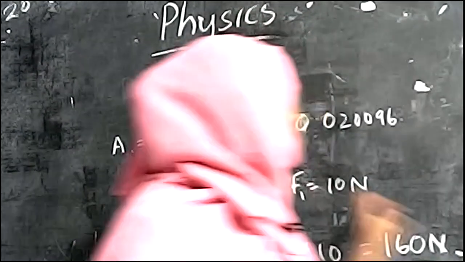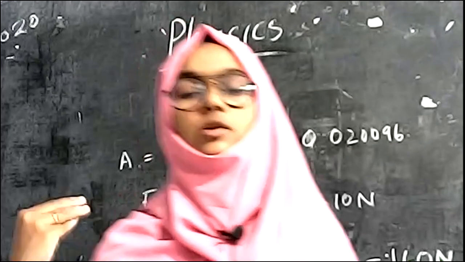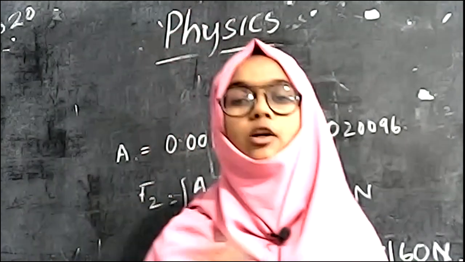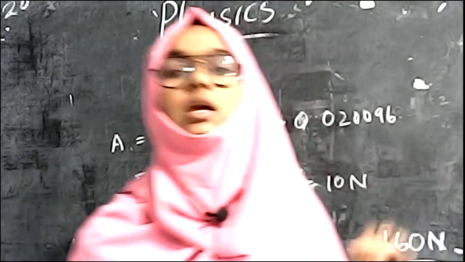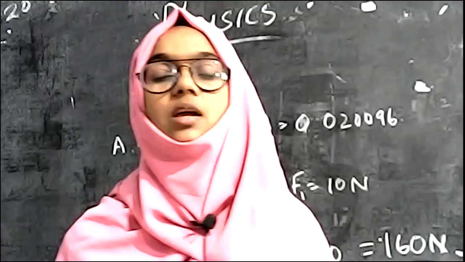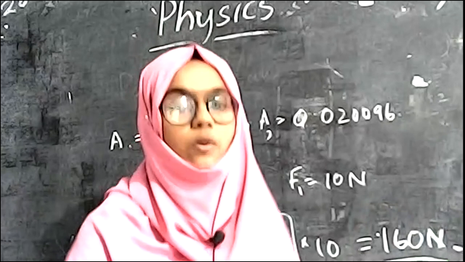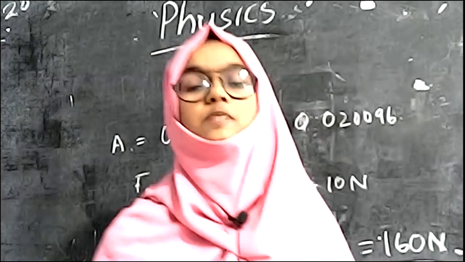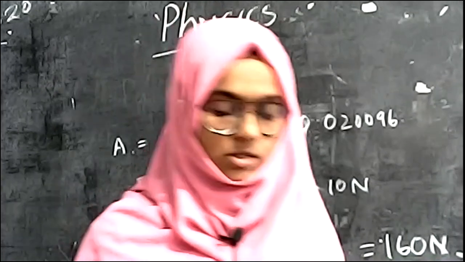And we do a problem: finding the force that is produced at one end of a closed system. The experienced force F2 we can find. We know the areas of cross section A2 and A1. From here we can find the equation. We can find the experienced force using the equation F2 is equal to A2 by A1 into F1. So we can find the experienced force from the applied force and the areas of cross section.